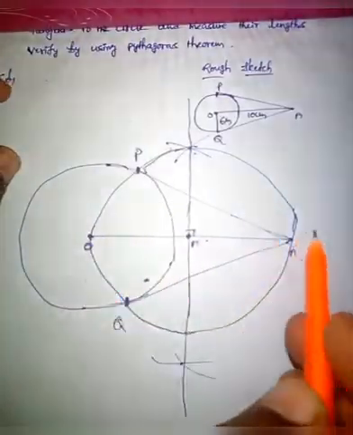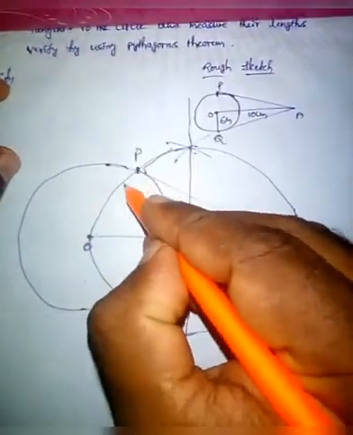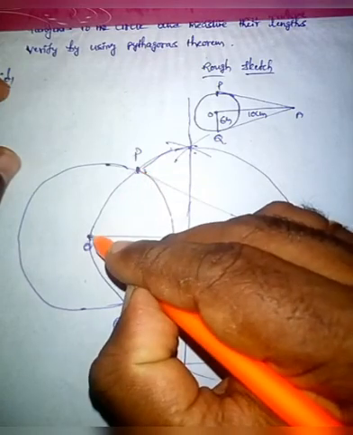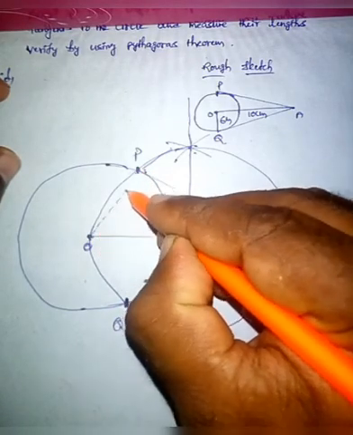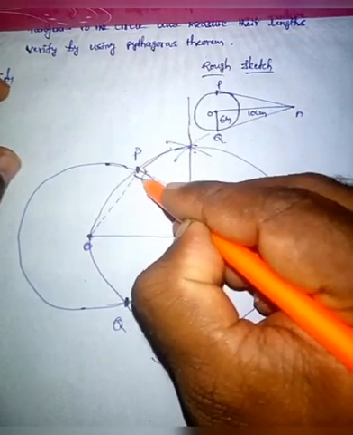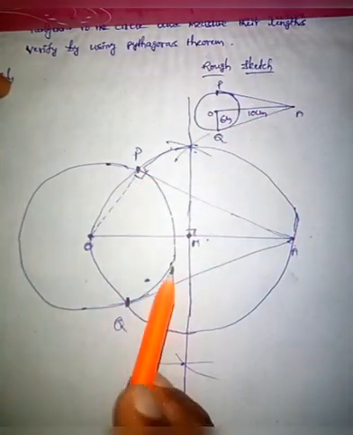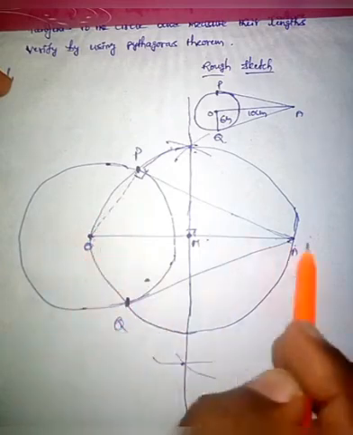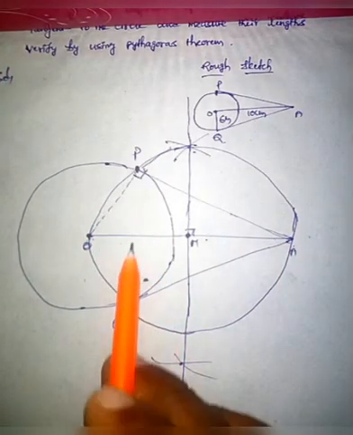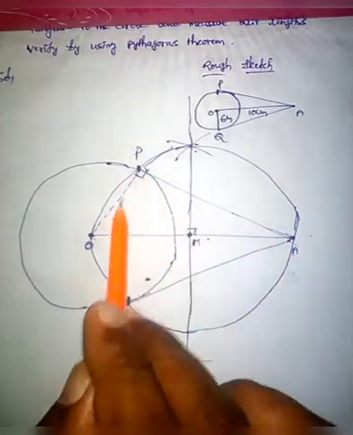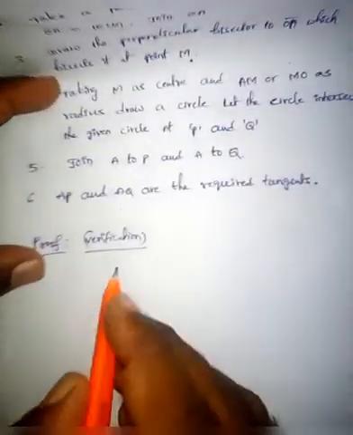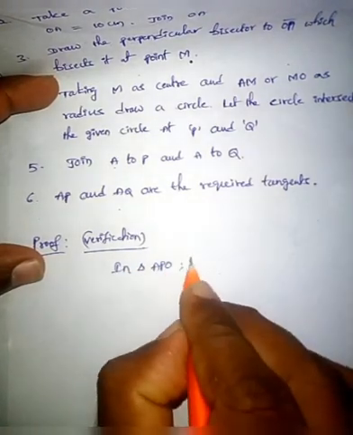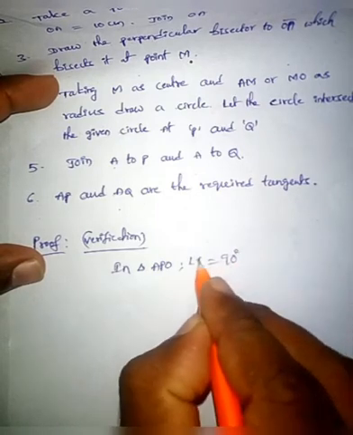Children, you know that tangent is perpendicular to the radius at point of contact. So this is the point of contact. If you draw the radius to this point, the radius is perpendicular to the tangent at point of contact. So children, if you observe this, here we have a triangle APO, and this triangle APO is a right angle triangle. Okay, watch this APO. In this triangle APO, angle P is 90 degrees.